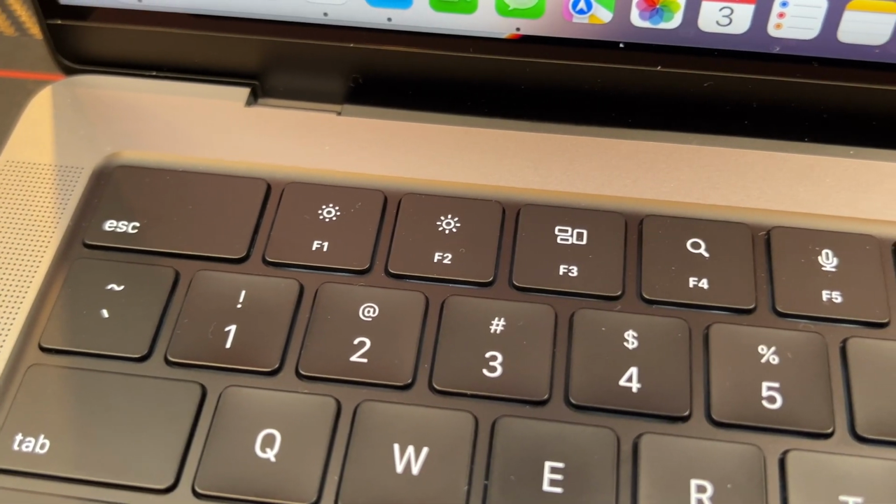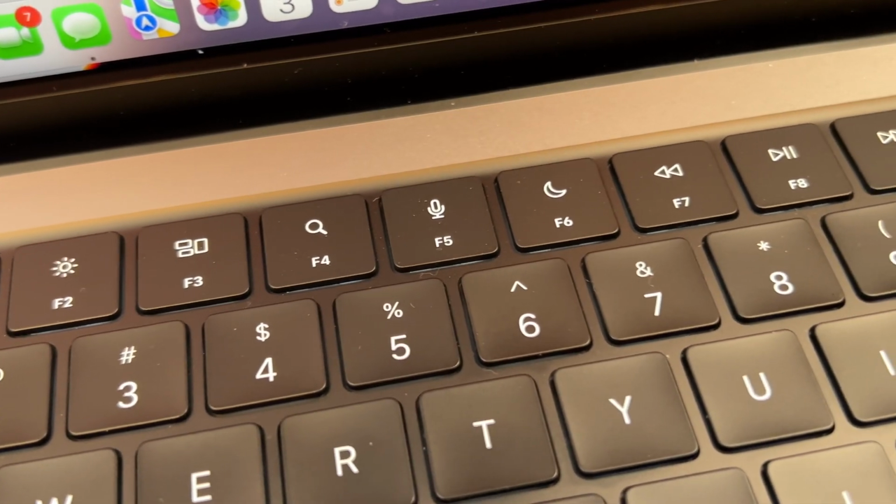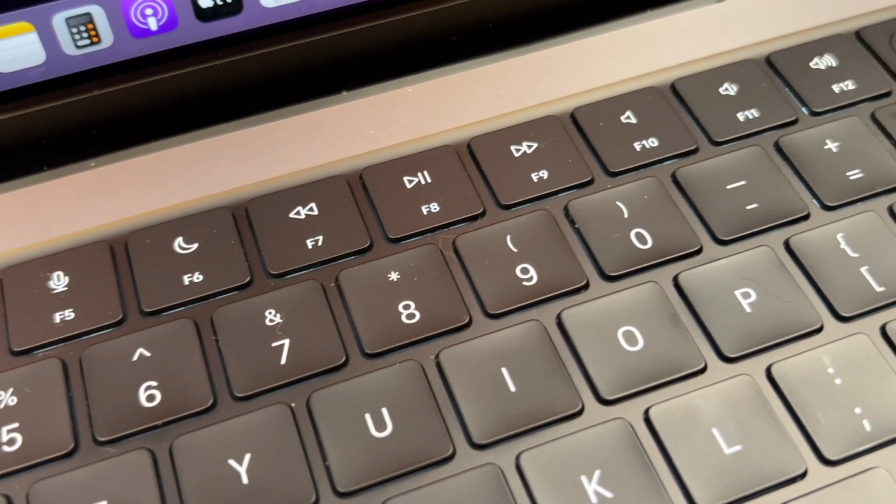I do miss having the touch bar, but the buttons are actually surprisingly better than I thought. I didn't have one before that didn't have the touch bar, so whenever I got it, I was like, okay, this is a downgrade. But the buttons are very easily set up and identifiable that you can do for the brightness, for the volume, basically everything I use them for already. So I missed that less than I thought, and that's probably another big surprise. I thought I was really going to be crushed by that, but it's not bothering me as much as I expected it to. So there are a lot of small things here that all build up to where I'm like,